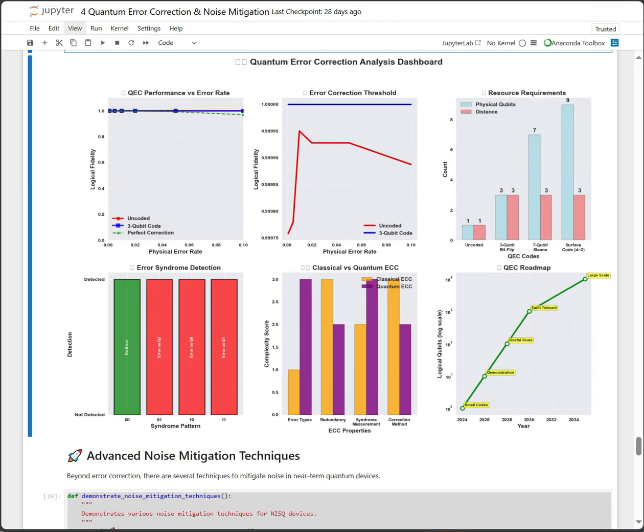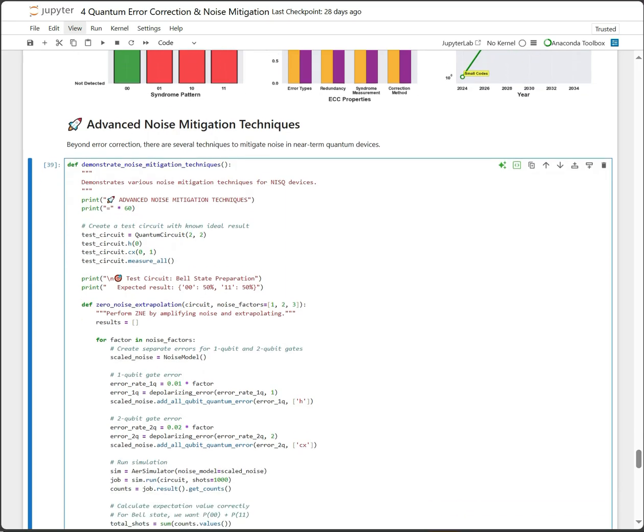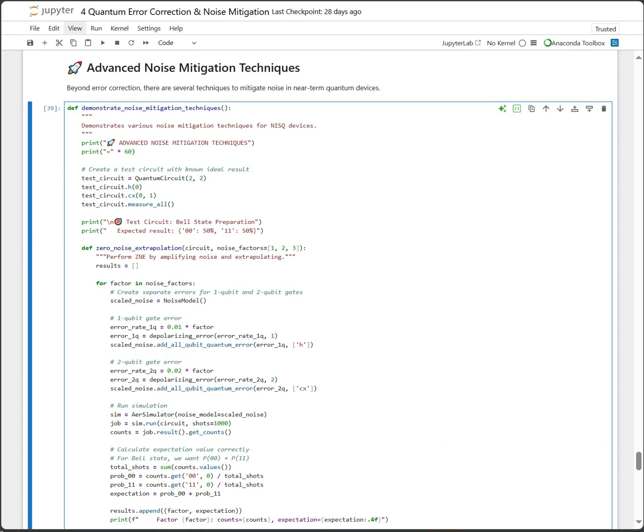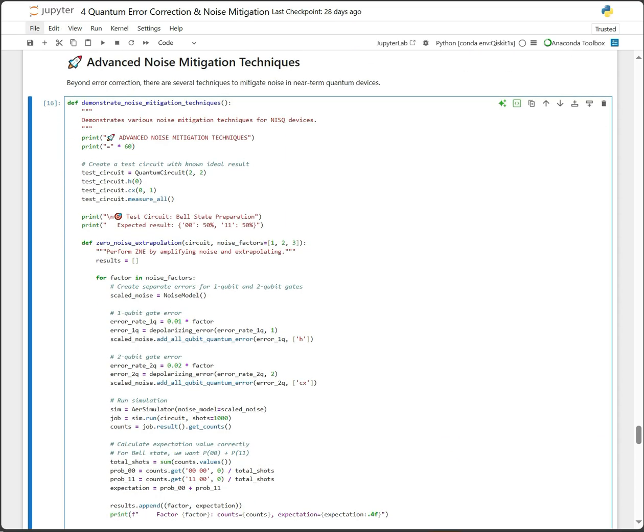From this, let's go to advanced noise mitigation techniques. Okay, so for advanced noise mitigation techniques, we just learned quantum error correction using the 3-qubit bit flip code, and that's powerful, but it requires extra qubits. So now we're going to try to